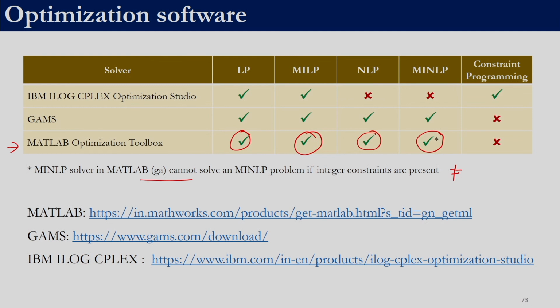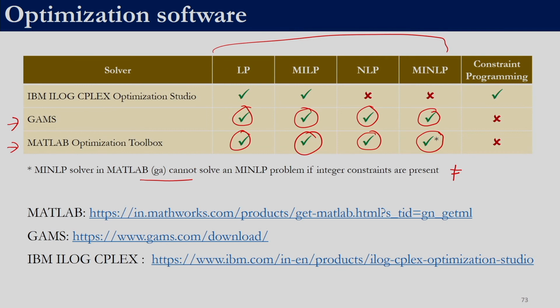We will also be looking into GAMS. GAMS can be used to solve linear programming problems, mixed integer linear programming problems, nonlinear programming problems, and mixed integer nonlinear programming problems. There are various other types of problems which it can solve, but as part of this course we are only classifying an optimization problem to be one of these 4. So, GAMS can be used to solve any of them.